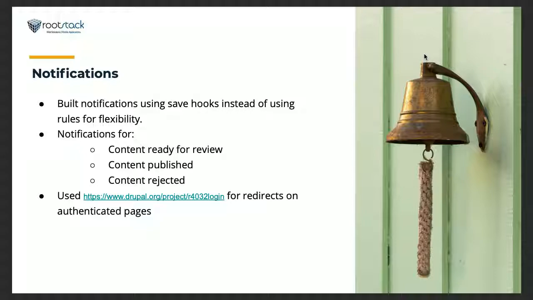Okay, so about notifications, we were initially planning to build them using Rules, because Rules is supposed to let you send emails based on actions, but we found some issues there that we could probably get around, but it was too much work to do it that way. So we ended up just making update hooks in the code so we could react when a change happened. And we created notifications for when something is ready for review, when something was published, and rejected. And we also used a module called